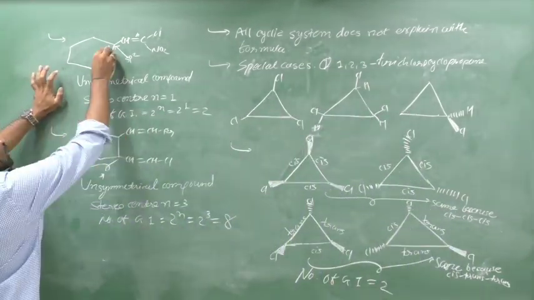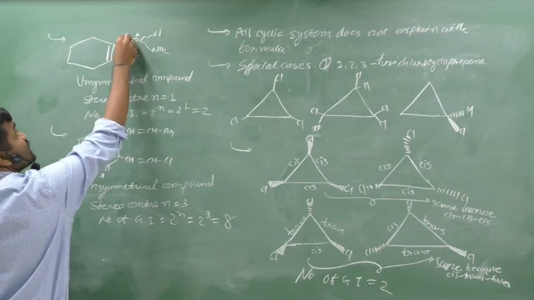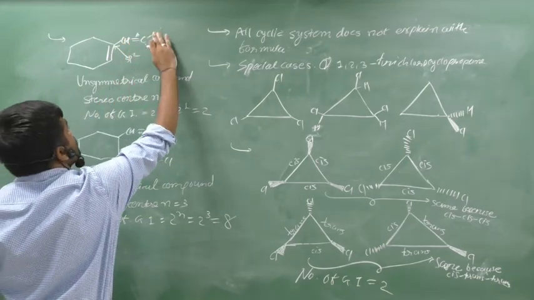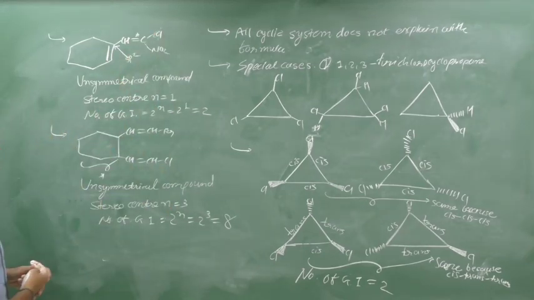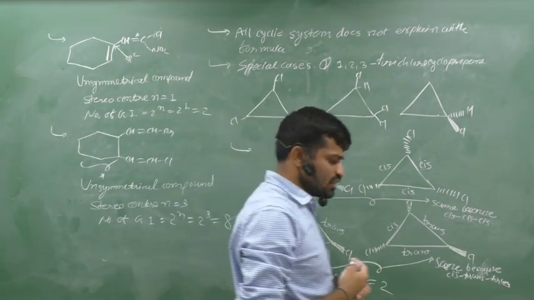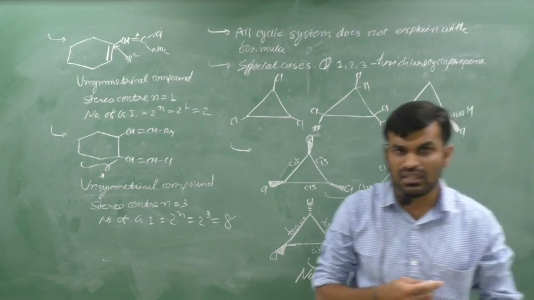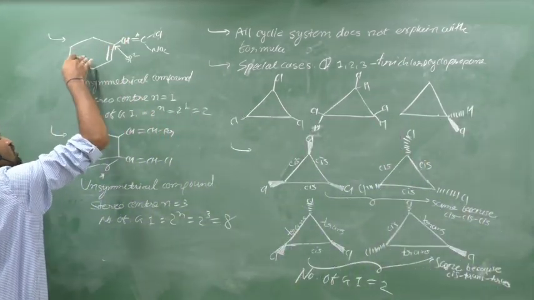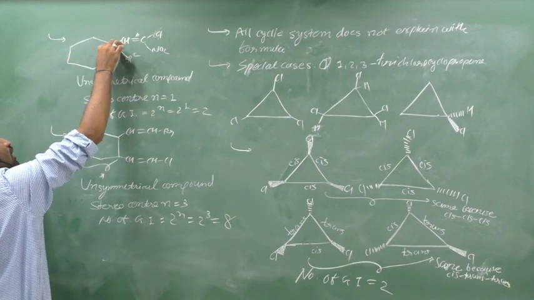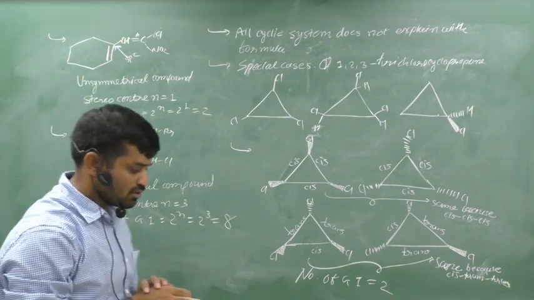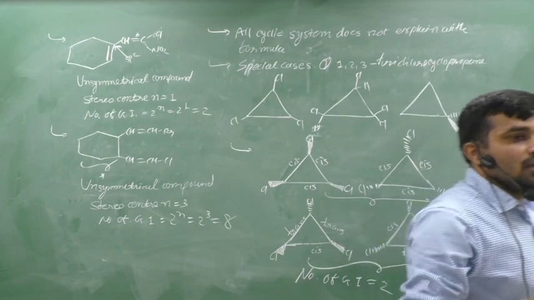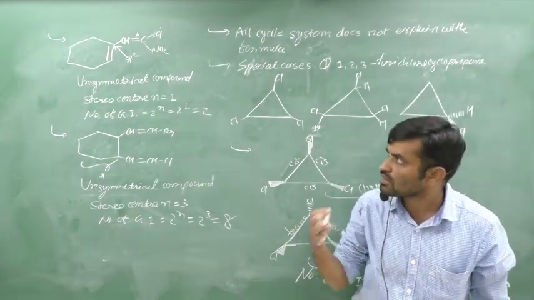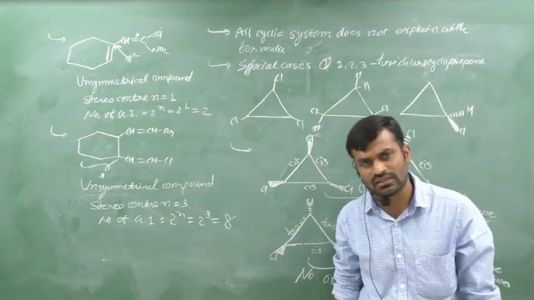Next example is like that. 6-membered cyclic ring. Here double bond CH, double bond C, Cl and NO2. If we think of the GI with respect to the cyclic ring or cycloalkane, it does not show the GI. This system does not show the GI because of the sp2 hybridization. We know that in a cycloalkane, the carbon that has groups is in sp3 hybridization.